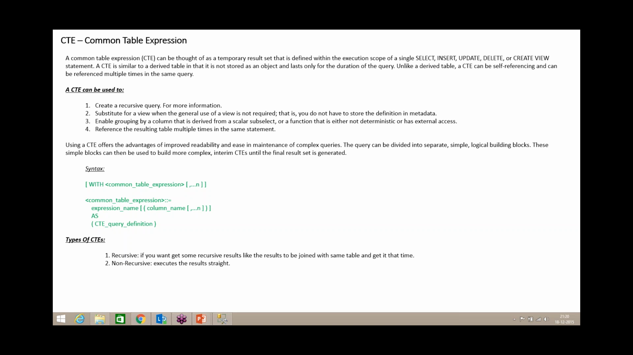So there is a bigger query, and the result of that query you want to use multiple times in the same statement, meaning in the same stored procedure or function. And you don't want to store that for a long time, only during the stored procedure execution. That time you can use CTEs. Okay,